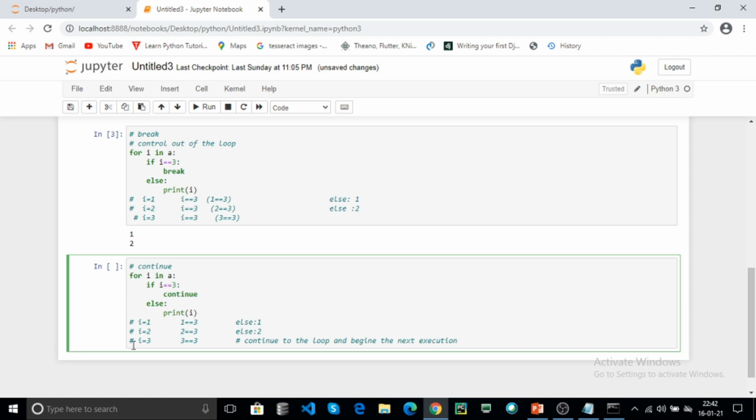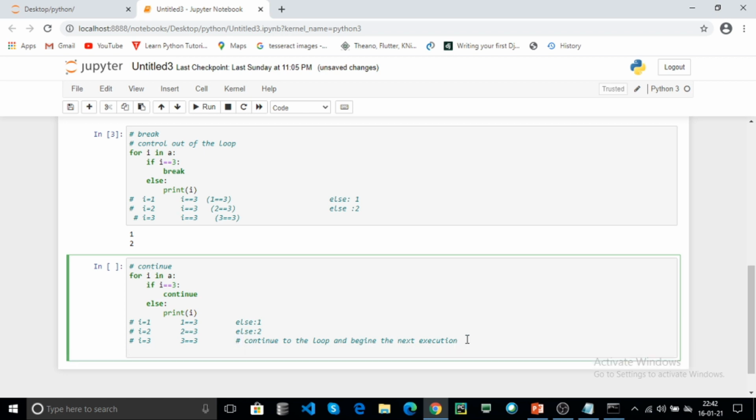That means if the condition was matching, the remaining elements in the list, that is 4 and 5, the execution starts from 4 to 5.